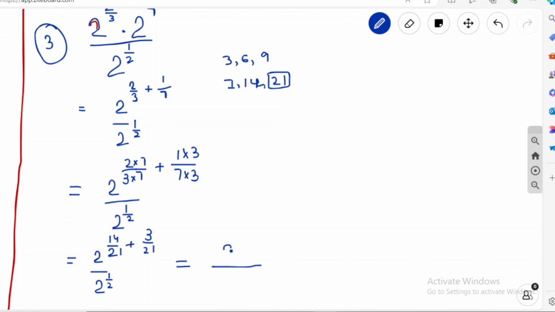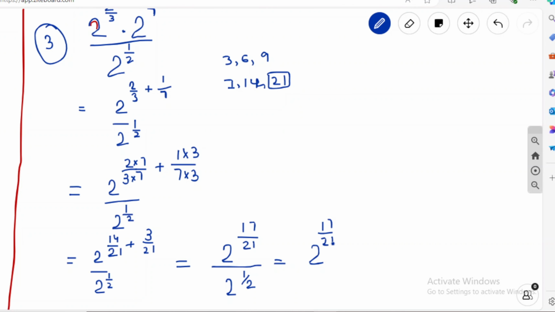So now we're going to add the fractions. The denominator is similar, so it will be written as it is, and the numerator will be added. Simply 14 plus 3 will be 17, and 2 to the power 1 over 2. And we have two numbers in the numerator and denominator which have the similar base, and whenever the numerator and denominator have a similar base, the powers are going to be subtracted. So 17 over 21